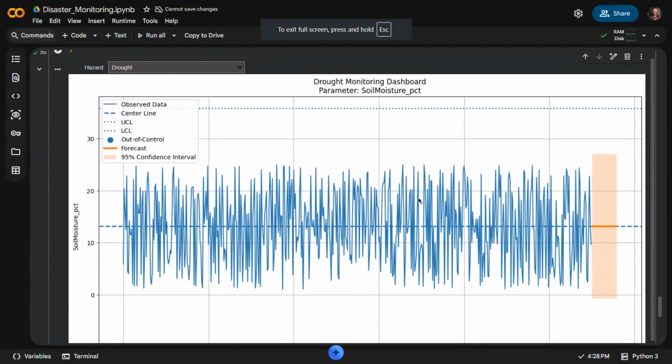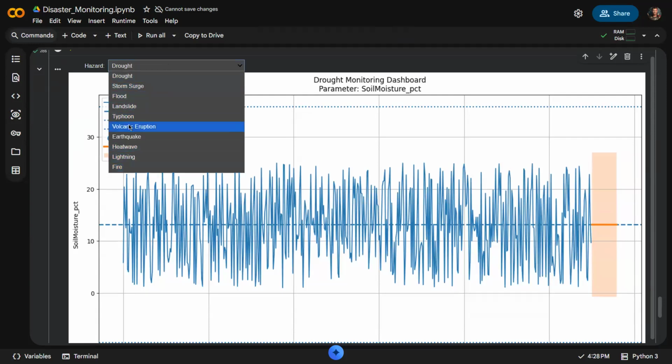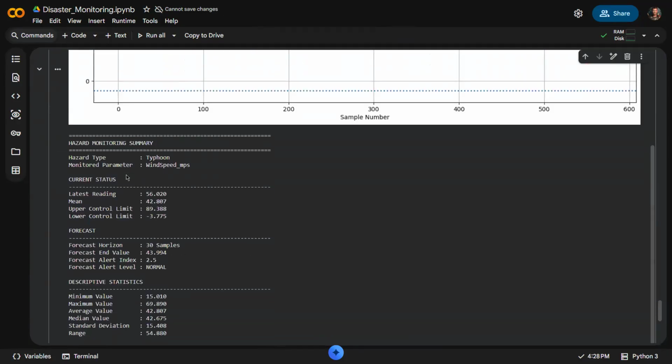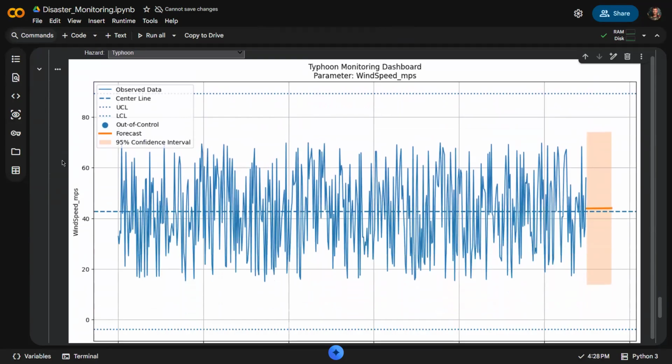Right now, the code allows me to select which monitoring system I would like to view. For example, Typhoon. We have this result, which is what we call a control chart.